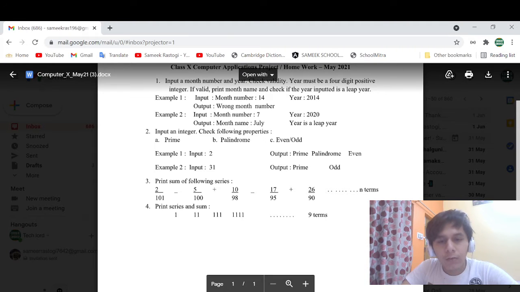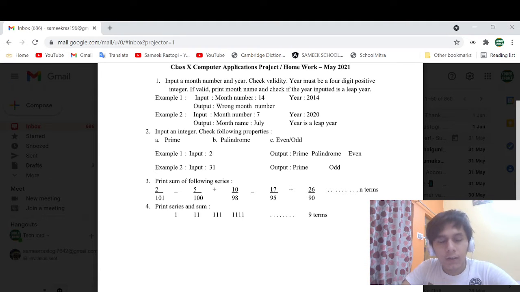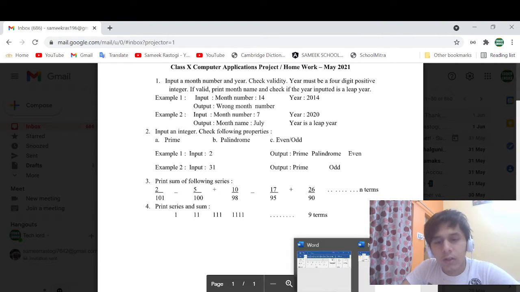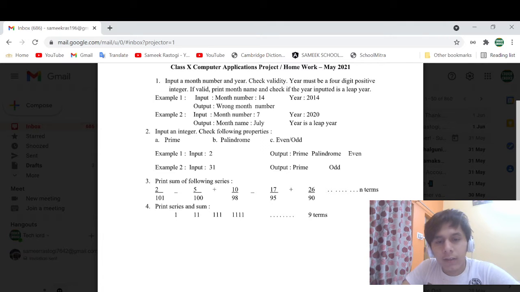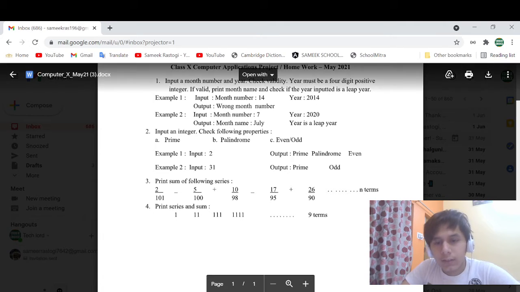Forget about the plus and minus sign, because once it is minus and once it is plus, then it is the same series. So the series is 2 3 10 10 17 16.